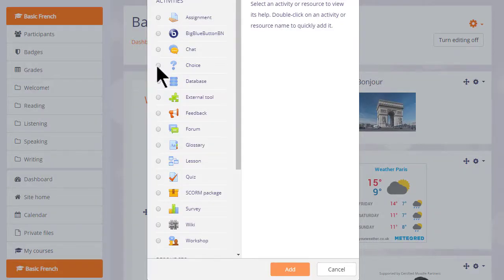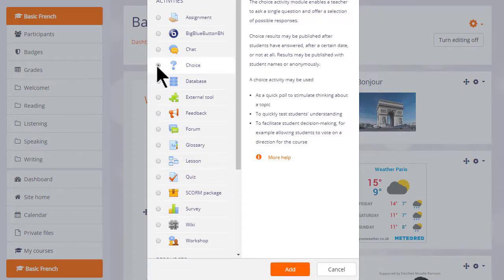Choice is an activity because students are interacting with Moodle. And when we click the button once, we see that there are various examples on the right of how you could use a choice activity, with a link to more help. We can click Add at the bottom or simply click the radio button twice to take us to the setup